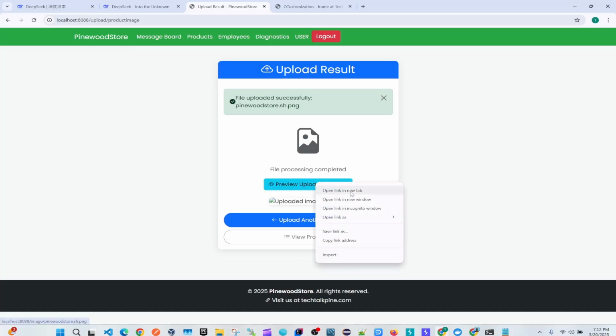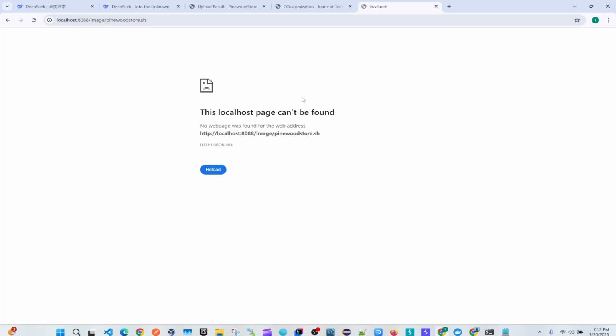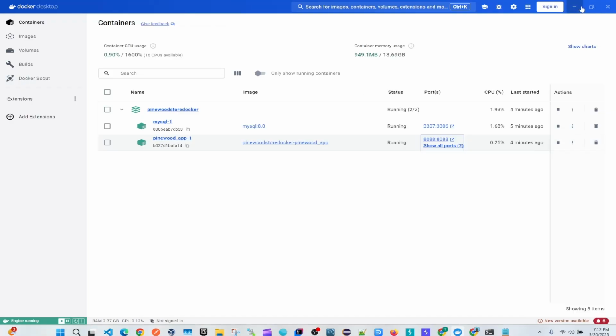Now, depending on the application, Spring Framework is actually very strict. It doesn't execute it, but sometimes if you have Apache or an older version of Apache, even though it does have a second extension, what you can do is let me open it up in a new tab. As you can see, it's not an image, so it's just going to show you something like this. If it was Apache or something, you can just do this and see if it can execute it. But most of the time, this is what you're going to get in Spring Framework. So in a situation like this, we need a second vulnerability. So let's go ahead and